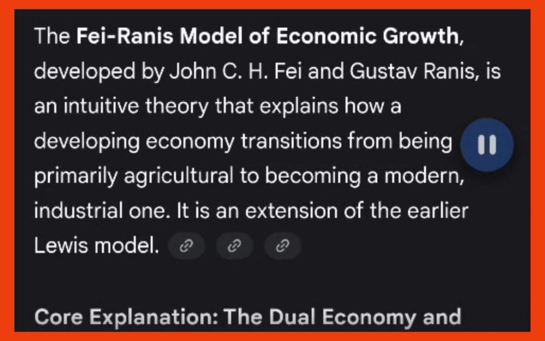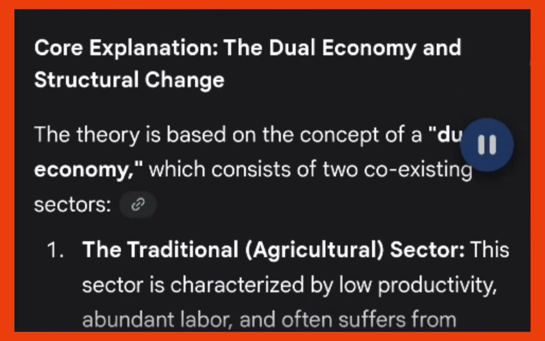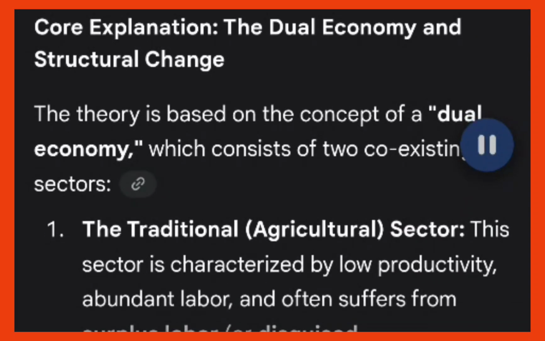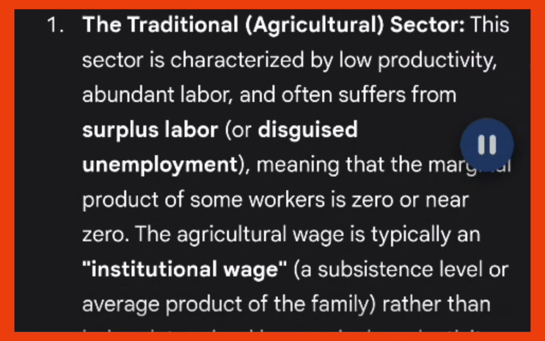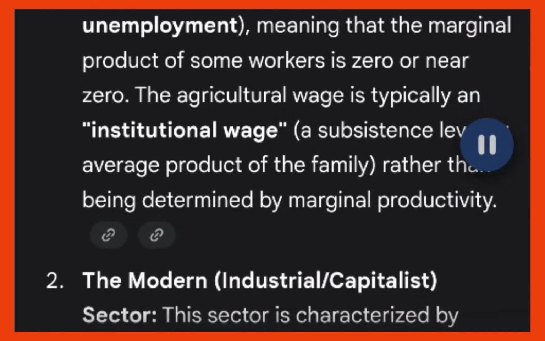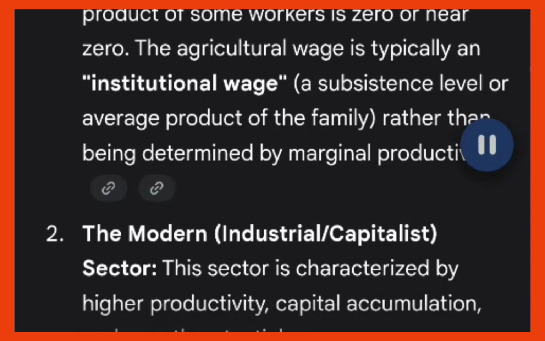Core explanation: the dual economy and structural change. The theory is based on the concept of a dual economy, which consists of two coexisting sectors. The traditional, agricultural, sector is characterized by low productivity, abundant labor, and often suffers from surplus labor, or disguised unemployment, meaning that the marginal product of some workers is zero or near zero. The agricultural wage is typically an institutional wage, a subsistence level or average product of the family, rather than being